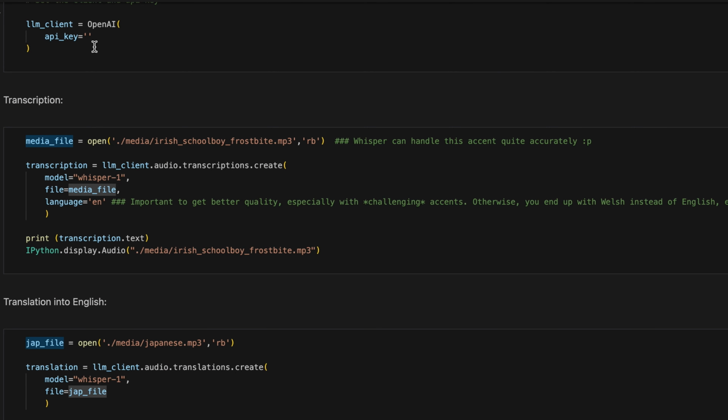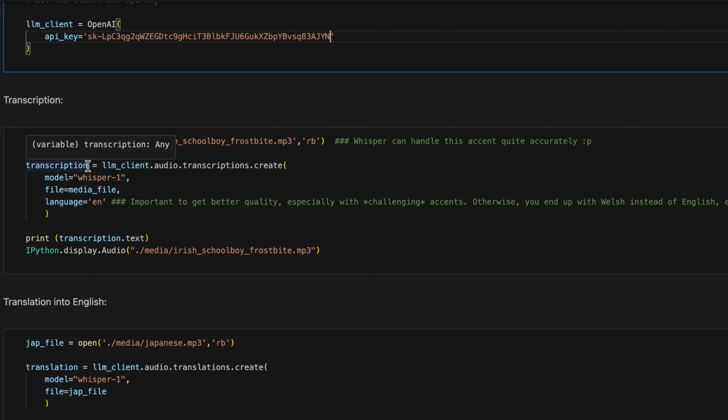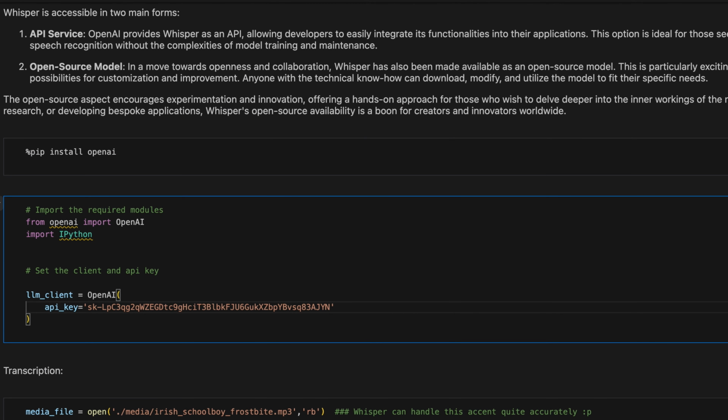As usual, let us download the modules and get started, and then use transcription to recognize the speech from an